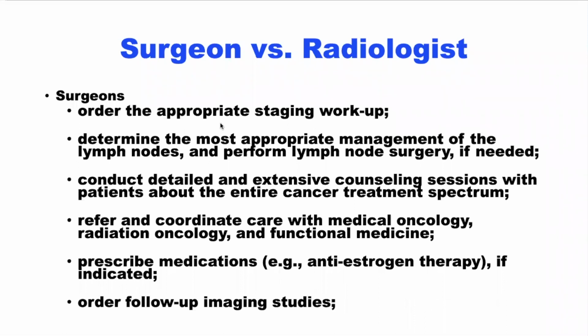They perform detailed and extensive counseling sessions with the patient about the entire cancer treatment spectrum, not just the cryoablation treatment. They refer and coordinate care with medical oncology, radiation oncology, functional medicine, and others. They prescribe appropriate medications and also order follow-up imaging studies. These are the daily routine practices of surgeons who perform cryoablation, and not necessarily the routine practices of radiologists that perform cryoablation. So in this moment, I am expressing a bias, but I'm expressing the bias primarily because,